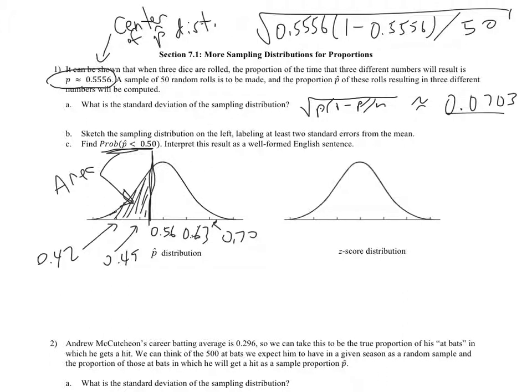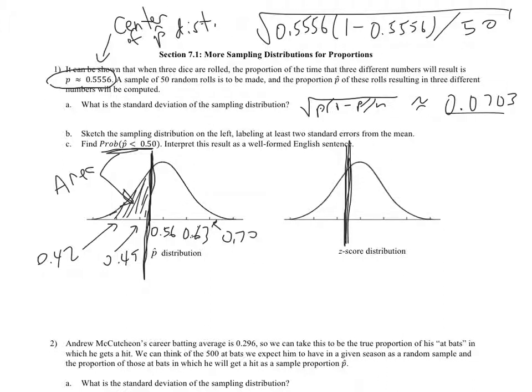Now, I need to use my table or my normal CDF function to find the area, but to do that, the way we've been doing it is to translate this picture, the p-hat distribution picture, over here to the z-score picture. And to do that, I need to know what the z-score is of this line that I drew. That's the only thing that I need to know. The line is somewhere here,